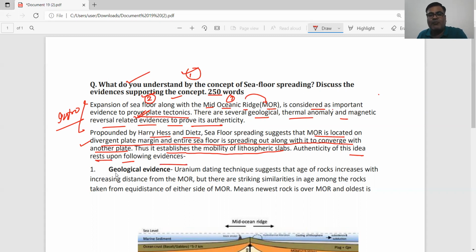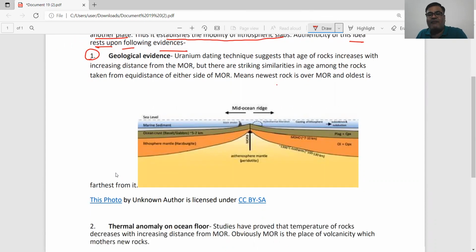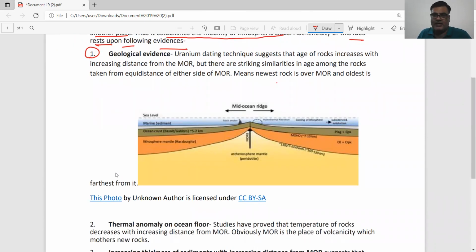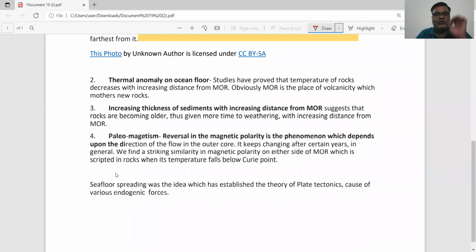Now, you can see that the points are also there. This is the way I have mentioned the pointers, and this is the analysis. So now it will go into the paragraph. Now this diagram, obviously, I have taken from Google only, but you need to draw it. And in many of my video lectures, you will find that I have drawn the maps and shown you how to do that. All right, so this way I come to the end. Now, finally, you see, I have just copied what most candidates do. All right, as I have suggested, everything has been written now.